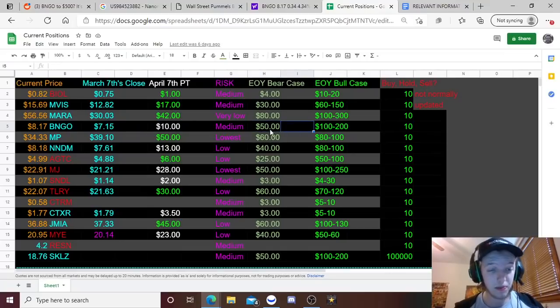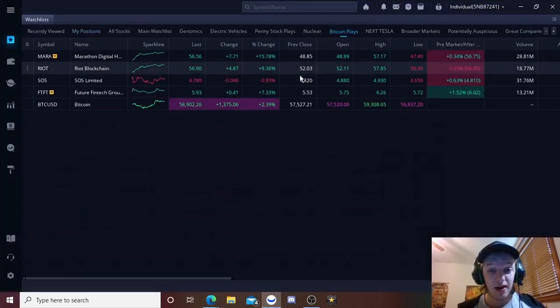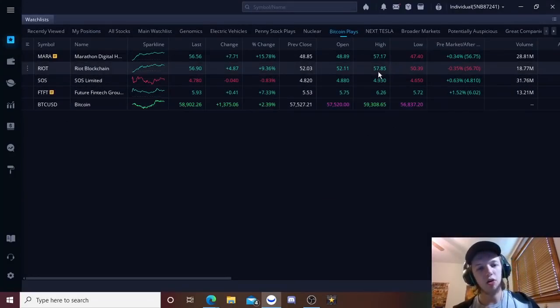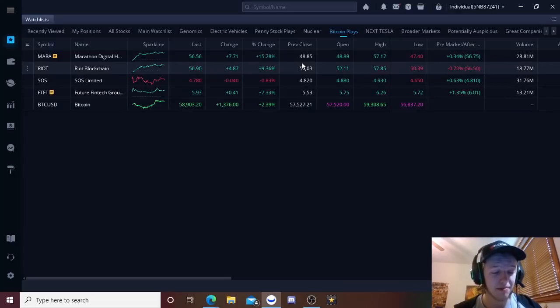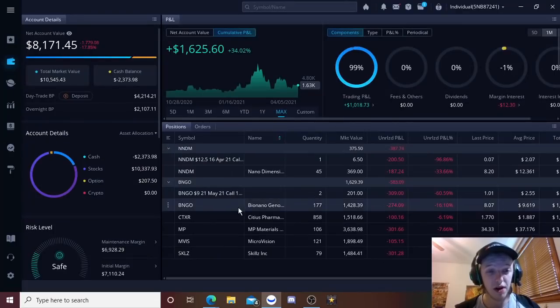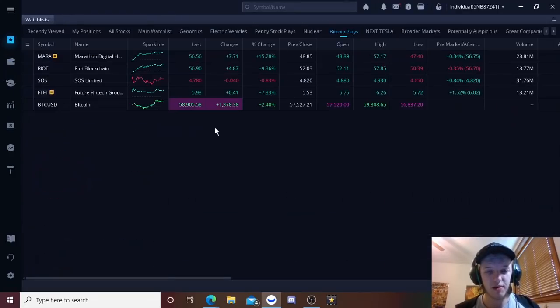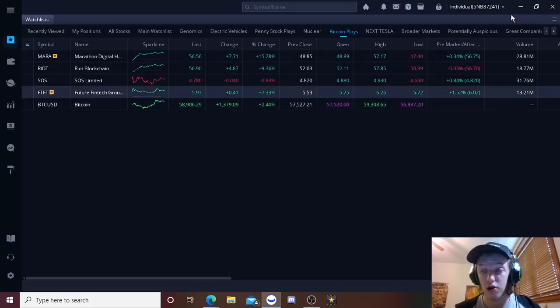But these are my current positions. Okay, I did sell out of Mara and Riot today. I wish I got in today. I almost bought the dip, but I did not. I wish I did. I missed out on some profits, but nonetheless, I had like 3%, 4% of my portfolio in. Took some profits on that today. For Mara, took profits completely on Mara. I was up like 40% in a couple weeks, in probably less than 2 weeks. So yeah, took some profits. I am looking to get in lower. But yeah,